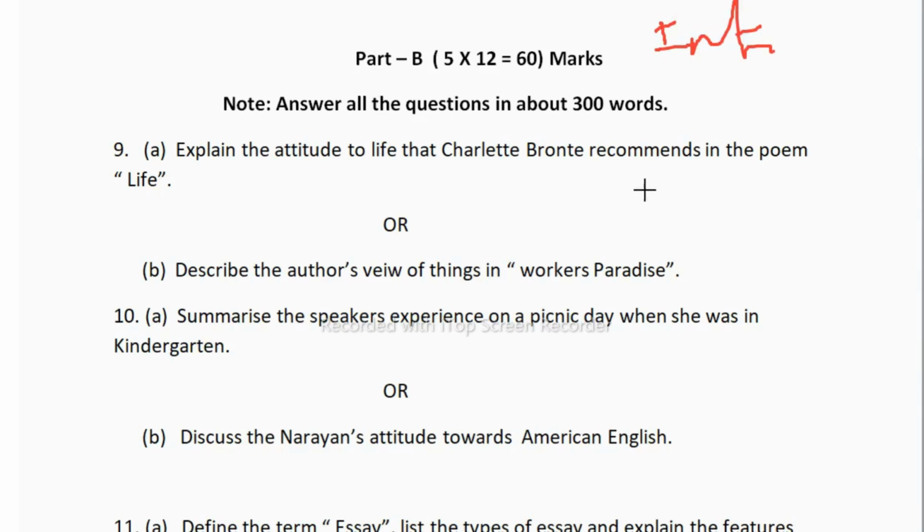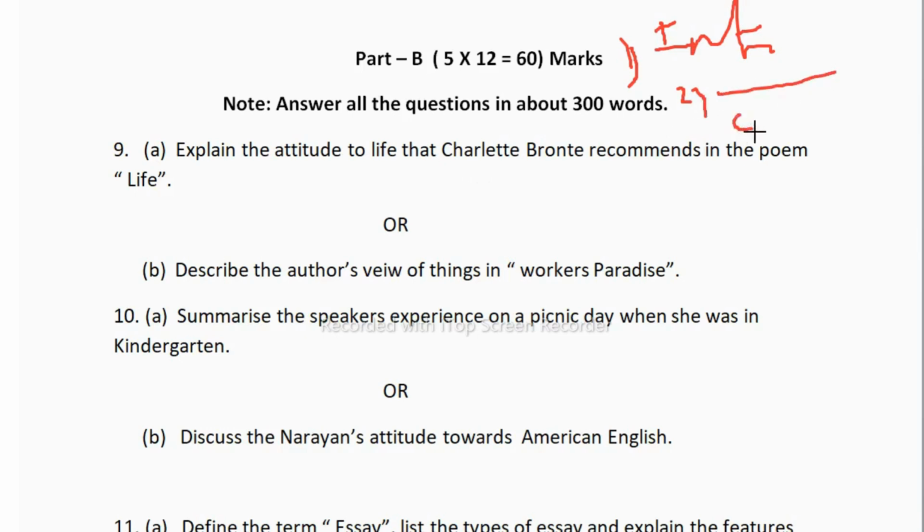Then you have to write what question they ask about the poem or prose. The first one will be the intro of the author or the writer, poet, whatever is there. If prose is there, you have to write the introduction of the author. If poem is there, you have to write the introduction of the poet or poetess. The second one is you have to write about the poem or prose, and the question which they ask you, you have to write in the second topic.